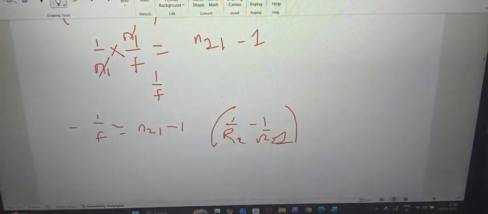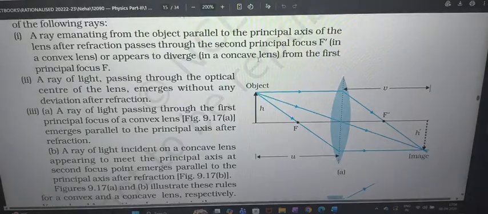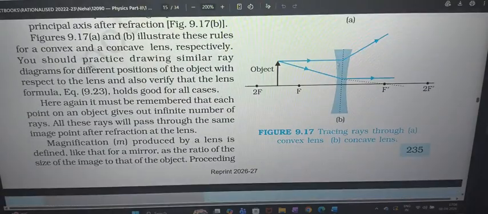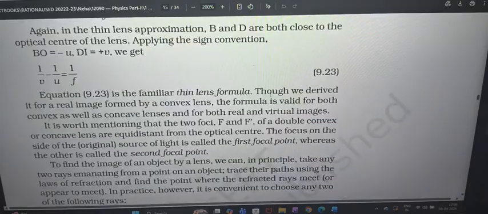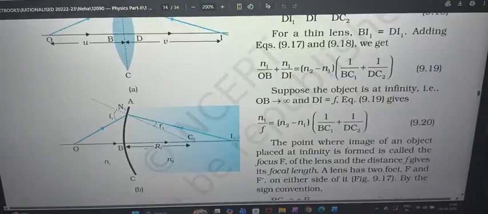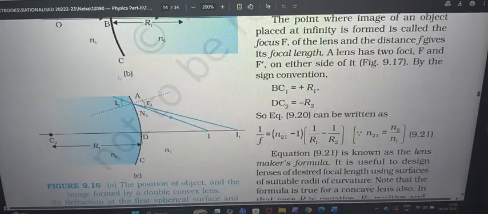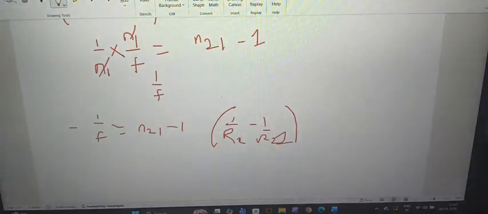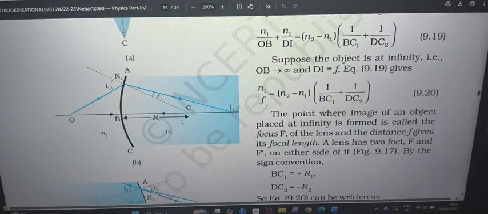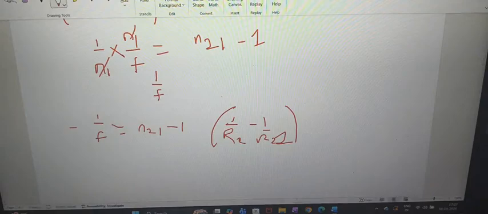Now second thing, why am I interchanging these both? Now see this properly. Concave lens is like this. So in this direction is the first reflecting surface, like this. It's like a concave one. Concave mirror it should look. So out of these two, which one will be the first one? This one. The first reflecting surface. That means this will be named as what? R1. And it is towards the left. So R1 should be negative. That's why R1 is negative. Next surface will become R2 for a concave lens. Positive. So R2 should be positive. That's why we are interchanging the formula accordingly.